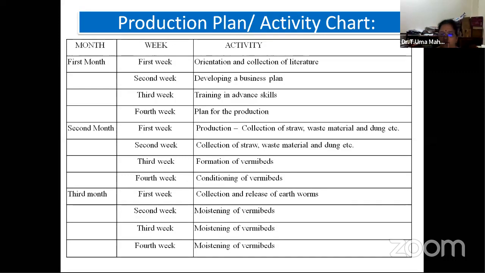Because if you collect earthworms as a kg or whatever, it will have a mixture of cocoons, small worms, and big earthworms. Big earthworms means adults, that have the clitella. So when we get this mixture and release it into the bed, from cocoons, young ones will come. Young ones will start feeding and adults will produce the cocoons again. So during the process of vermicomposting production, all of this will be going on: young ones feed on our material and adults produce the cocoons.